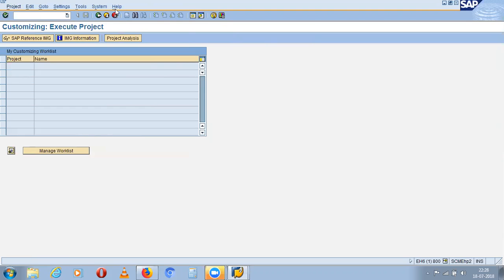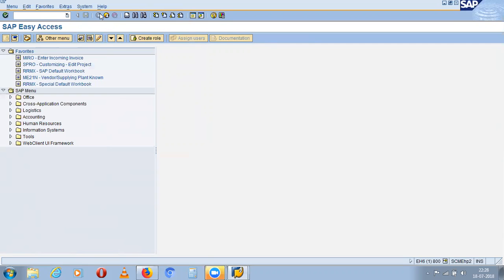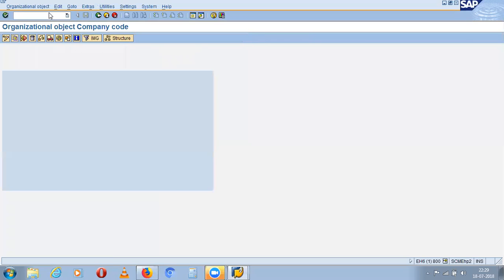Click on back. Now type EC01. EC01. Enter.